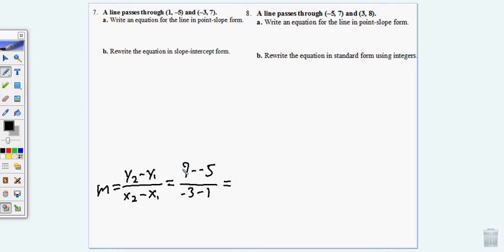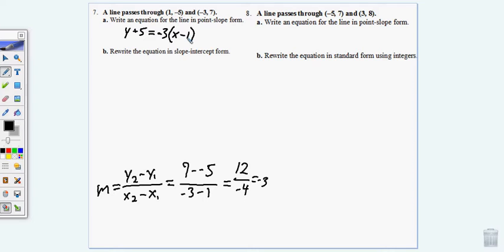So 7 minus a -5 is 12, same as addition. And -3 minus 1 is -4. So our slope here is going to be -3. 12 divided by -4 is -3. Alright, so let's put this into point slope form. We found our slope. So y minus y1, which is -5, so that's going to be the same as +5. Our slope is -3, and then we do x minus 1. So I use this first point, I use the slope I just calculated, and put it into point slope form. It's a -3. If you use the second point, you're going to get the right answer still. It's just going to look like y minus 7, and then over here we'd have x plus 3, but it'd